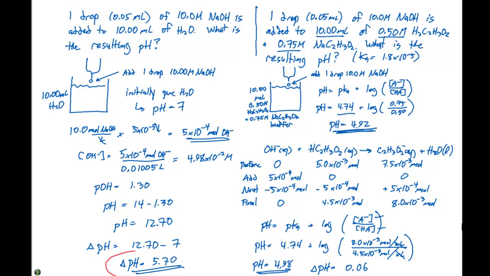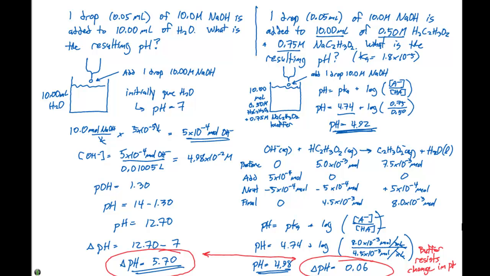left-hand side here, if we add it to an aqueous solution, we see a change in pH equal to 5.7 pH units. If we look at it and we put the same concentration of the same species in a buffer solution, our change in pH is only 0.06 pH units. And this tells us that our buffer did its job, because a buffer resists change